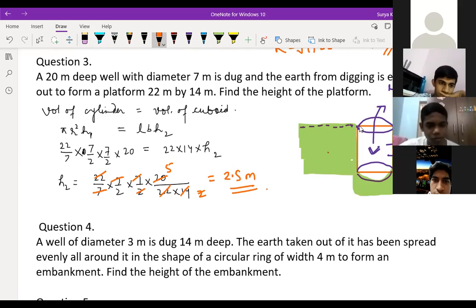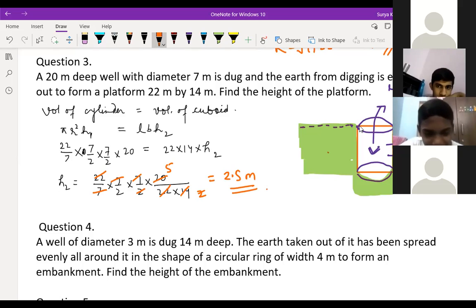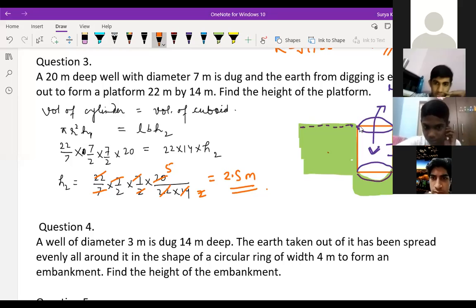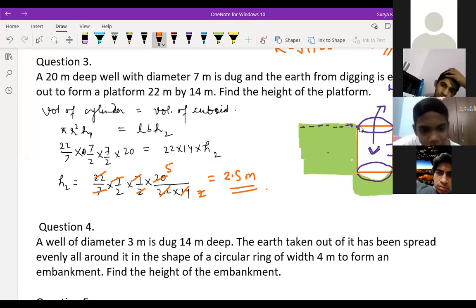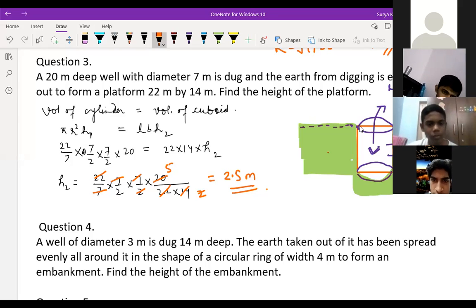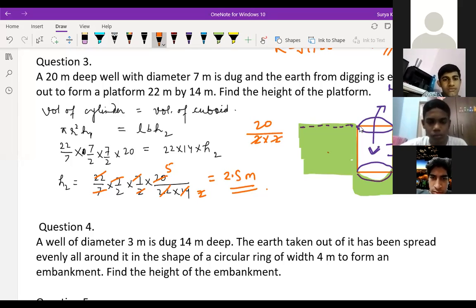Are you practicing or not at home? Is it 4, 5, 4? Here you cancelled 20 and wrote 5. Why did I write that? Because 4 I have taken. 2 2s are 4, taken at a time. 4 5s are 20, not by 2. See, 2 was down and here 20 was there. So what I did? 2 2s are 4, 4 5s are 20. Like this I did. Yes, sir.